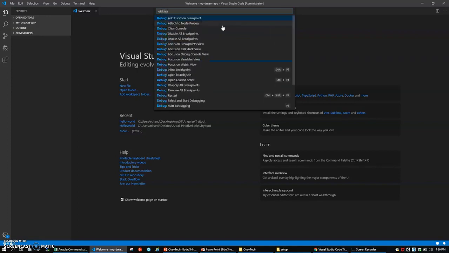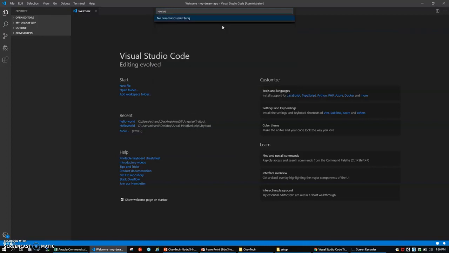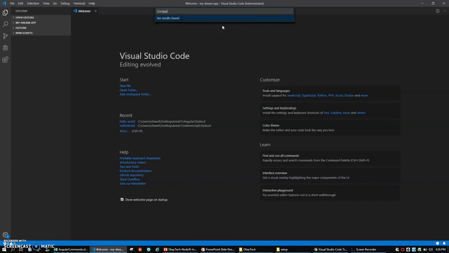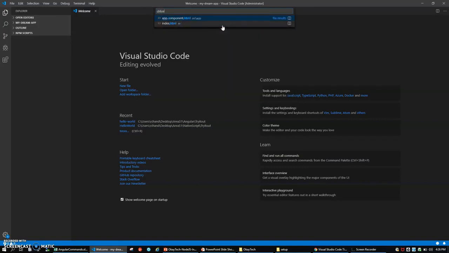Let me see for serve. Serve is not here. So now you type HTML. This will display all the HTML files inside your project or in your workspace.